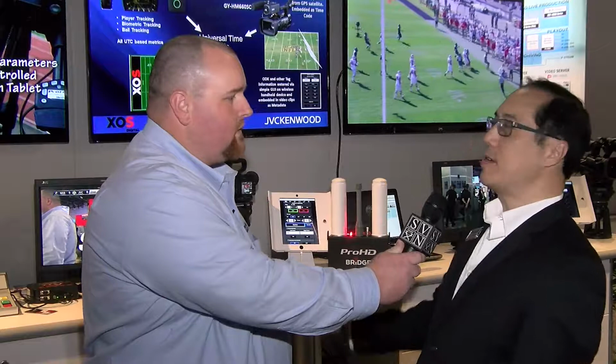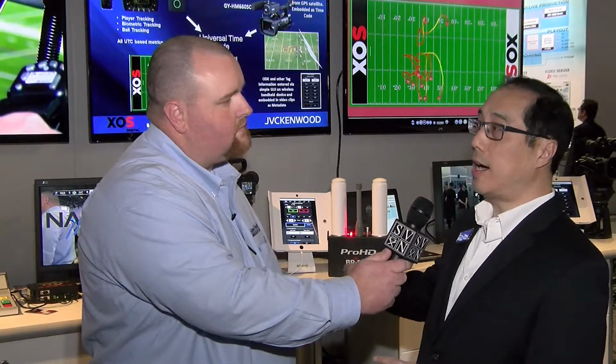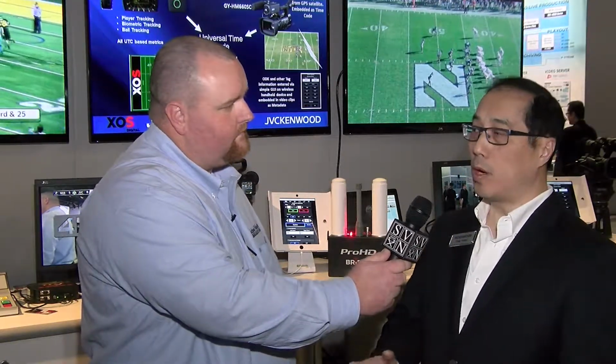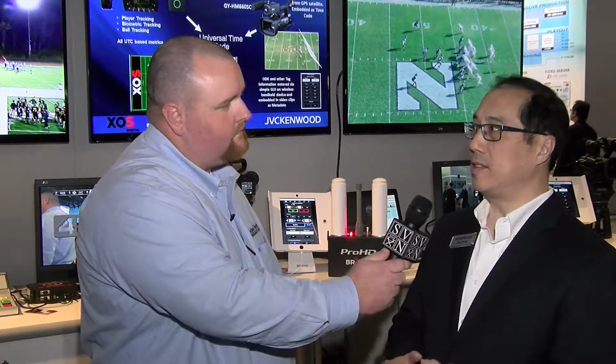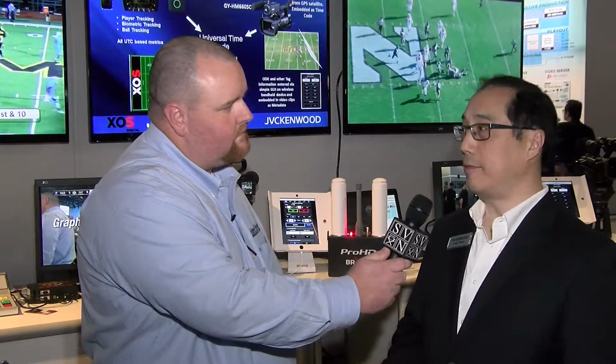Well, what this Pro HD Bridge is, it's a portable hotspot, but it's a portable hotspot on steroids. So say you need to have multiple cameras, not just one, going from location to location. You could take any of our wireless cameras and utilize this bridge as a hotspot. So football stadiums, auditoriums, anywhere where infrastructure access is not that friendly, you can take this hotspot and you can stream live from